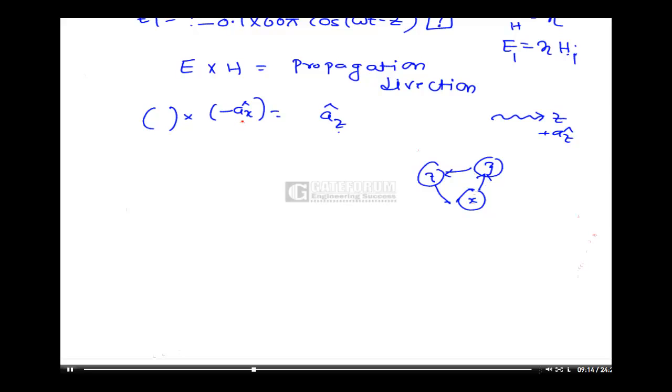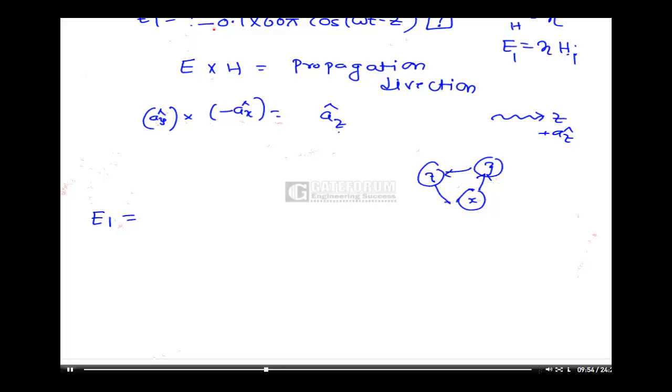Here it is given X. Suppose if I put here Ay cross Ax. Ay cross Ax means, suppose if we consider here, Ay cross Ax is minus, because this is left-handed convention. Minus Az, minus into minus plus Az. So Ay is correct. So for E, the thing is Ay. Therefore E1 is equal to,